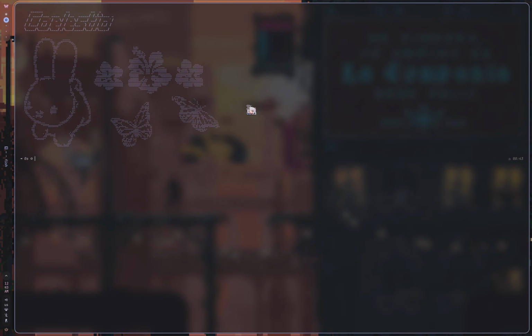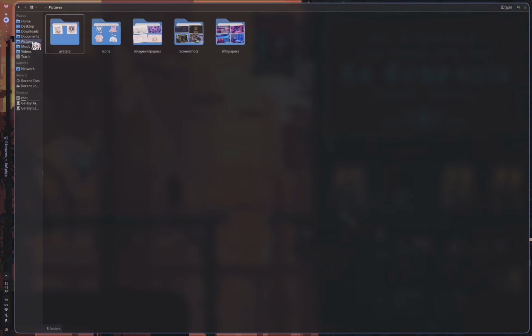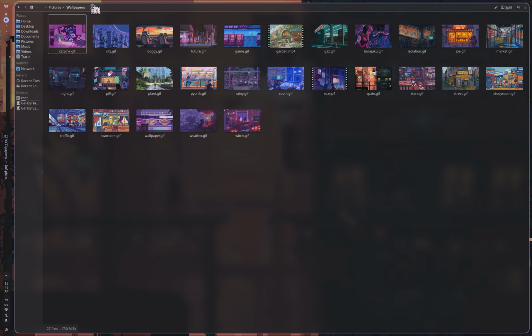So now we need to install the mpvpaper itself. So we need to write sudo pacman -S mpvpaper and install it. Then we need to go to our folder where we're gonna keep our wallpapers. I keep them in this directory, which is Pictures/Wallpapers. So you can keep here MP4 or GIF files